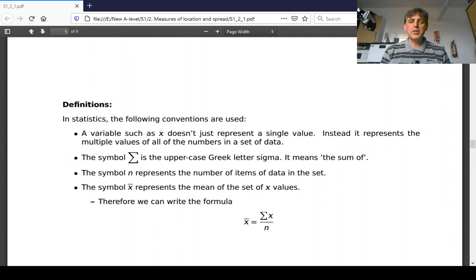Okay, next line down, you can see there's a weird looking symbol. Some of you may have seen that before, others may not have done. Looks a bit like a letter E, but it's not a letter E. It's actually a Greek letter sigma. And when we see that, it means we need to find the sum of what's coming after it, or add